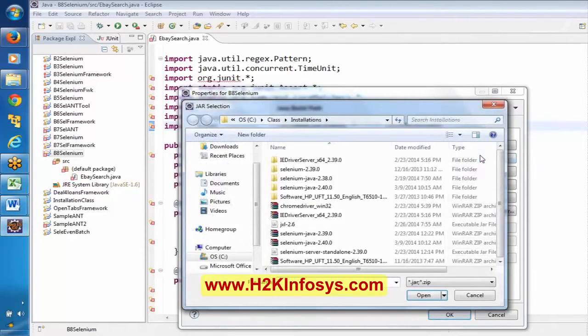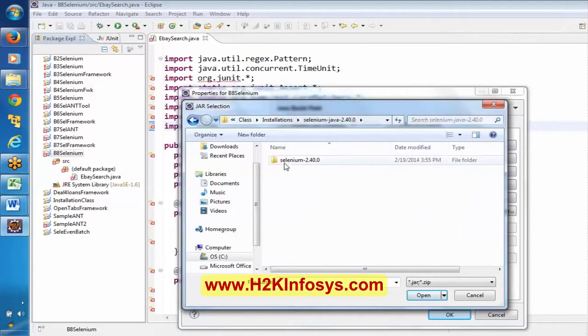Click on add external JARs and go to the folder where you have unzipped your Selenium WebDriver files. In my case, it is this 2.40 version. Select those jar files here.